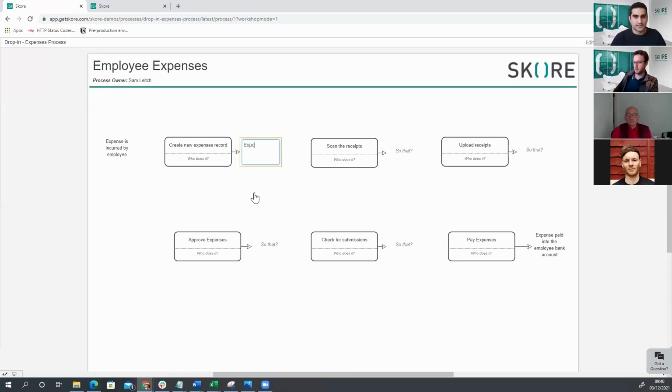It might be that the expenses record is in the system. Okay, if we're scanning the receipts, it might be that the receipt is in a digital format. And if we're uploading the receipts, they're going somewhere. So receipts are recorded against maybe an expenses record somewhere. Okay, and then if